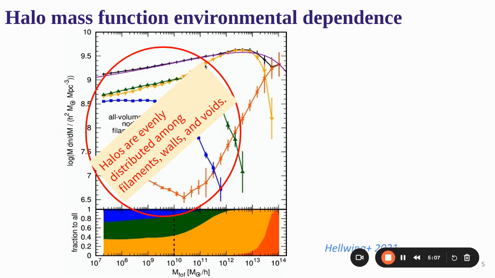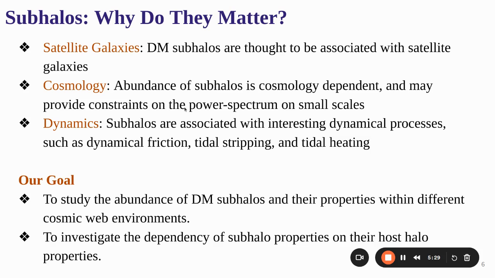If the halos are evenly distributed among filaments, walls, and voids in this region, less than 10^12, that means halos smaller than Milky Way size, how are their substructures inside these halos affected by the environments of their hosts? So why do these substructures or subhalos matter? When we talk about dark matter subhalos, we are also talking about the associated satellite galaxies hosted by these subhalos. So if we find out how these cosmic web environments affect the subhalo properties and their distribution,